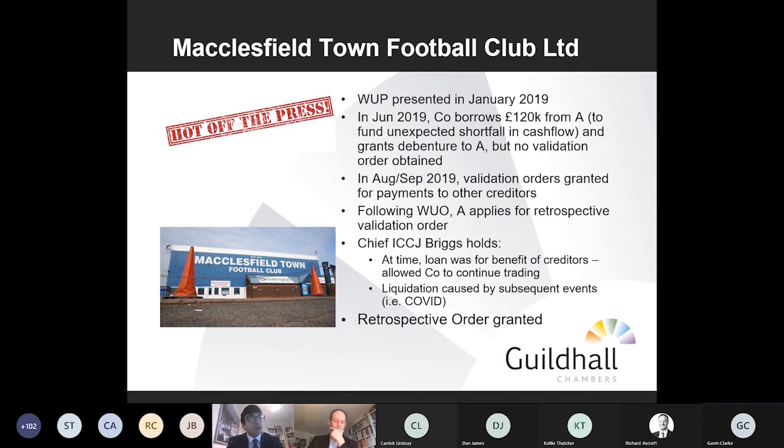But it strikes me, just on the basis of what we have so far, that what may have been another critical factor was that, slightly unusually in this case, you had the company applying for and obtaining prospective validation orders around the time, in fact, after the transaction which was retrospectively sought to be validated. And so I suppose it's a pretty easy submission to make to a judge, which is, well, put yourself in the shoes of what would have happened if this had been made prospectively.